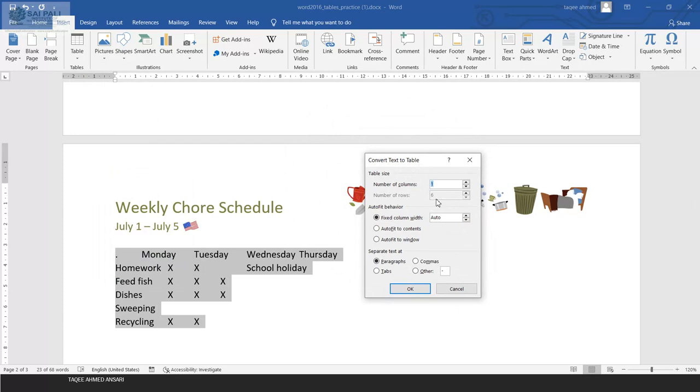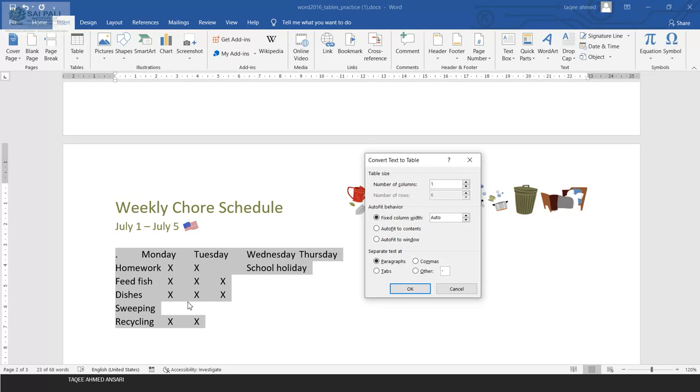Now as you see here, the 6th row is already selected and I can't change this. Why? Because there are 6 lines there. Now for column, it is saying there is only one column. Now why is it saying one column? Because by default a paragraph is selected. So paragraph means they are all in a single paragraph. The whole text you can see here is in a single paragraph, so it is taking it as a single paragraph, that means a single column.